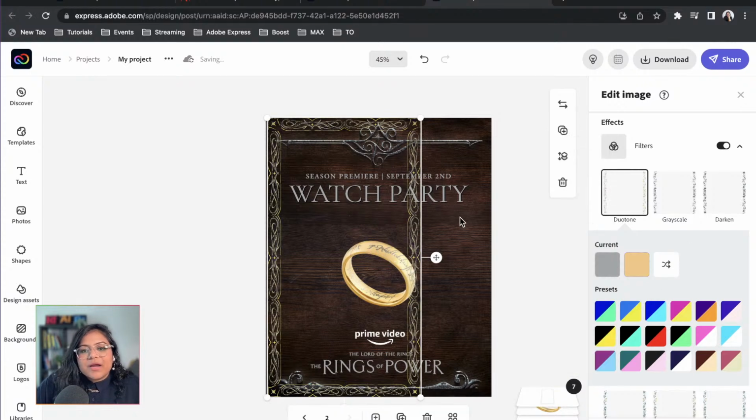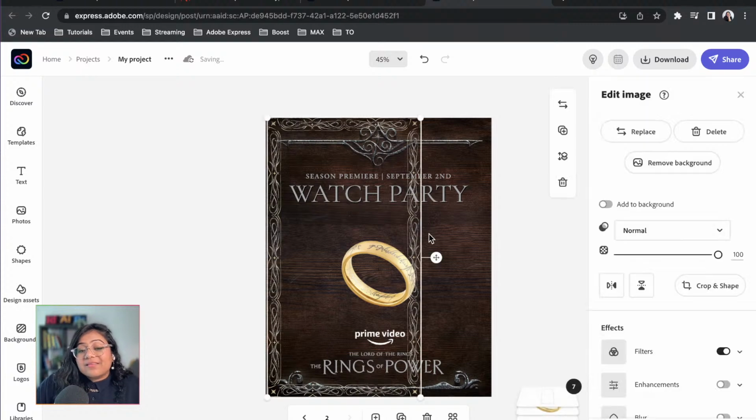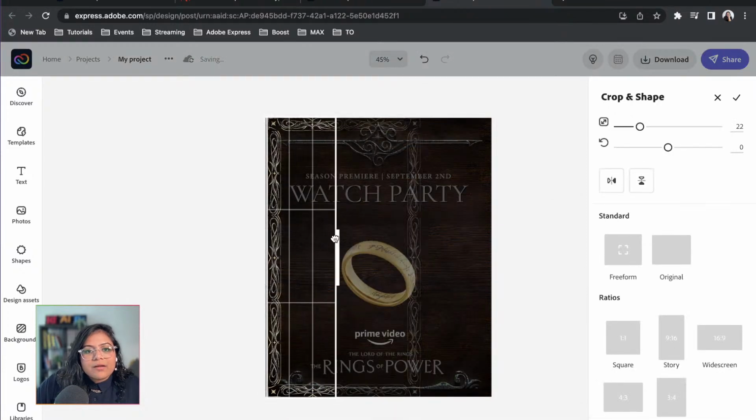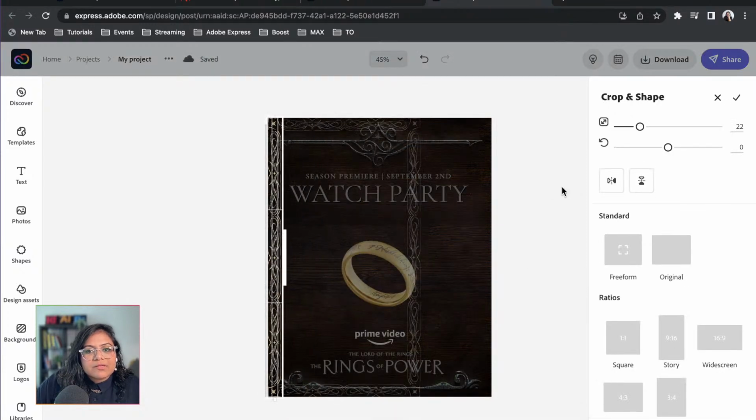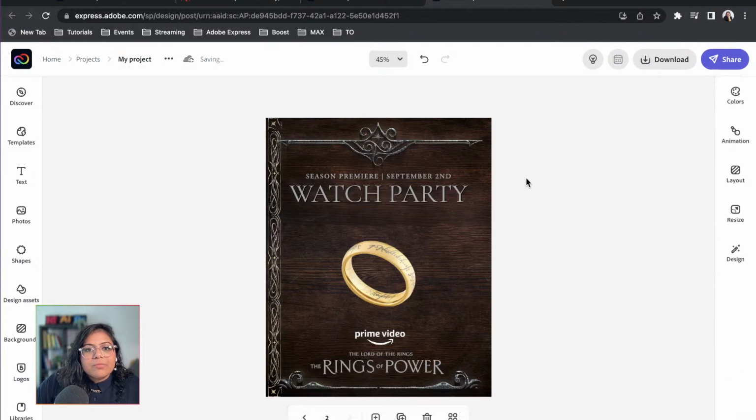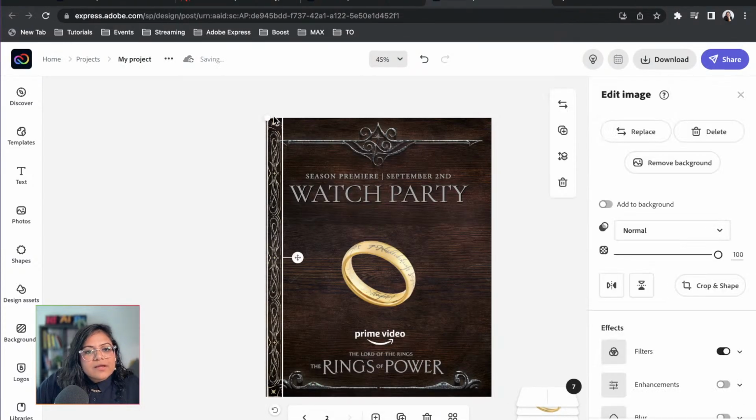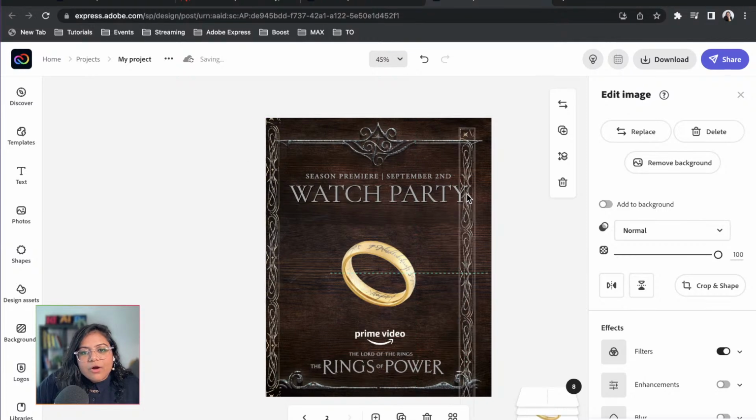I love it. Okay, but if you're wondering how do I expand this, because this is just an image and you can't resize it, I really can't do that, but I can use the crop and shape button again and do something like this, and I crop this guy up. All right, perfect. It kind of looks nice, but not really perfect yet. So I'm gonna resize it again, bring it to the bottom. I think I want to align it like this, and then I'm just going to create a copy of this for the other side, flip it over, and there you go.